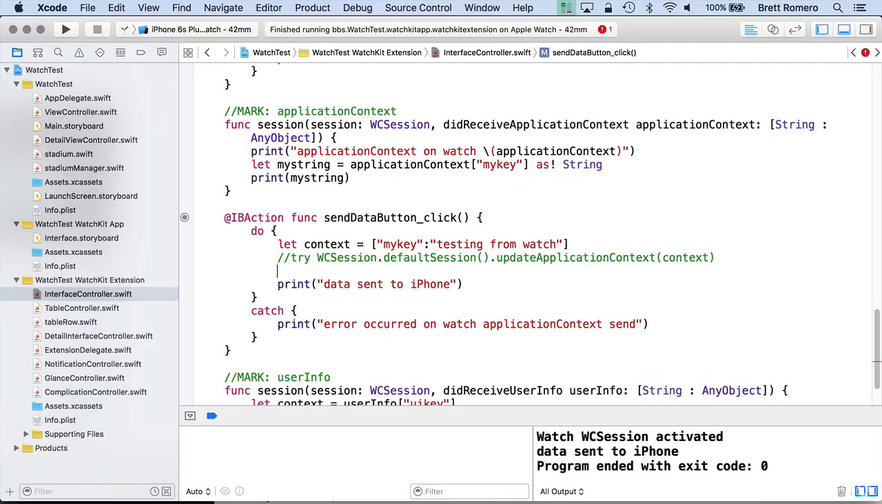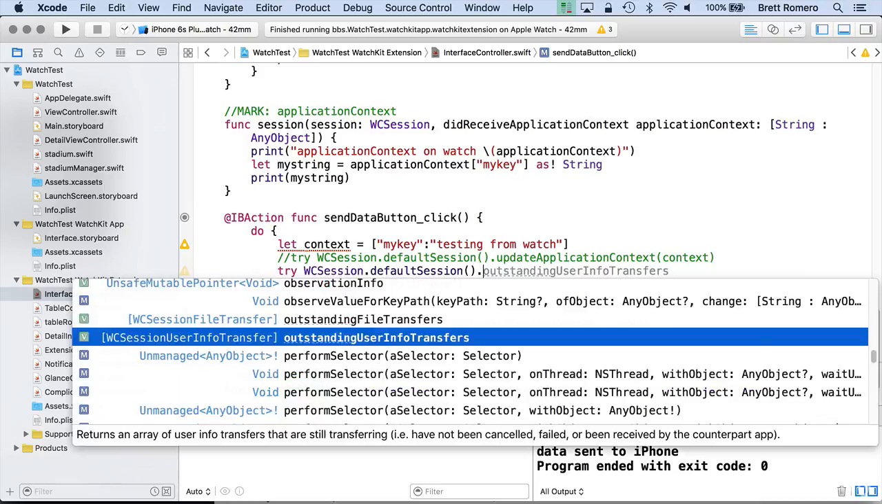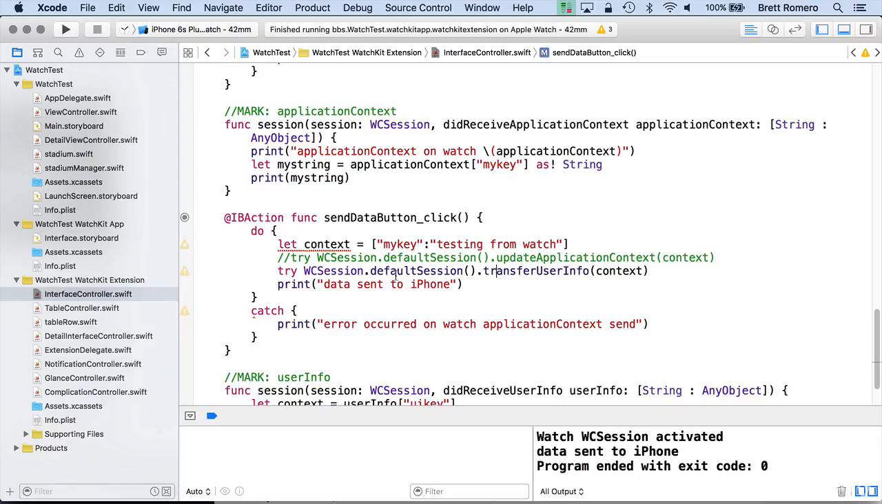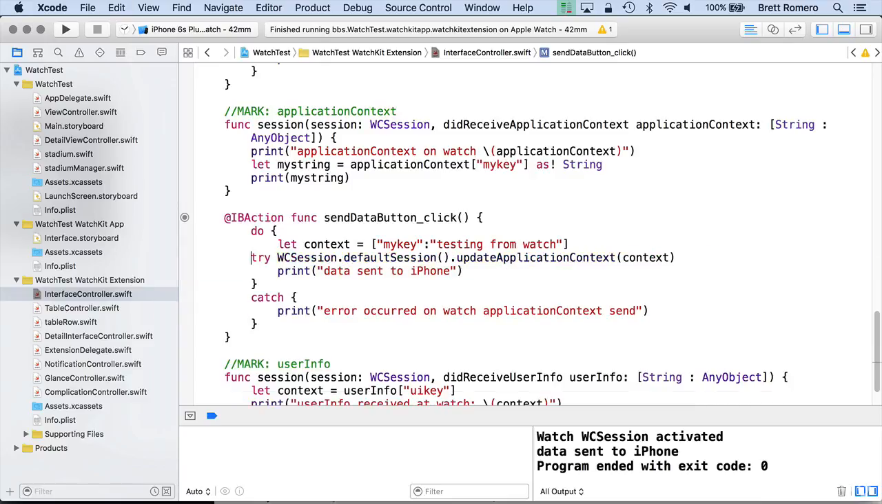So on the watch side, here's what happens if you try to do the do, let, try, catch with the user info. I'm going to do transfer user info, and I'll drop in context. So the watch is not going to like this, or specifically Swift is not going to like us using it in this pattern. And here's what it has to say: no calls throwing functions occur within try. So this does work inside of this block. This does not. So what we can do is just pull this out, bring that back in, and I can just comment out this code here